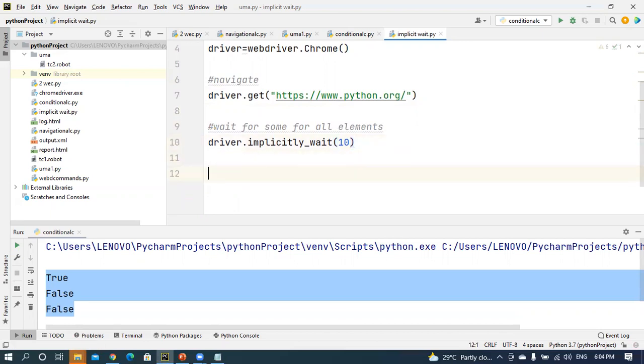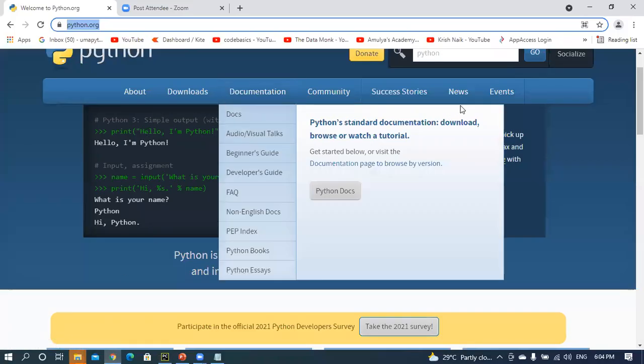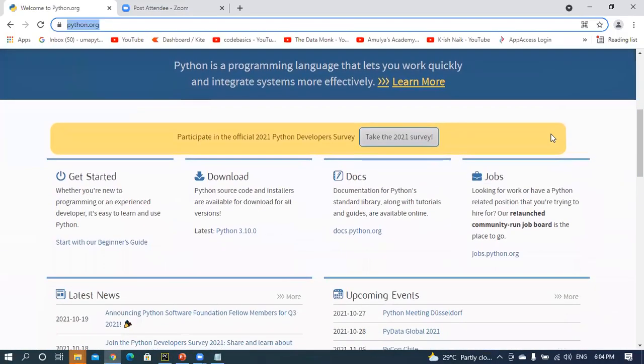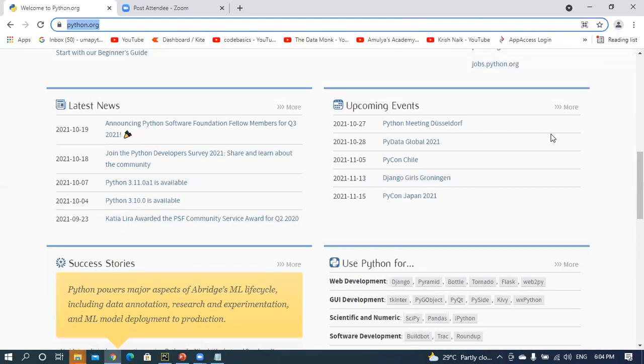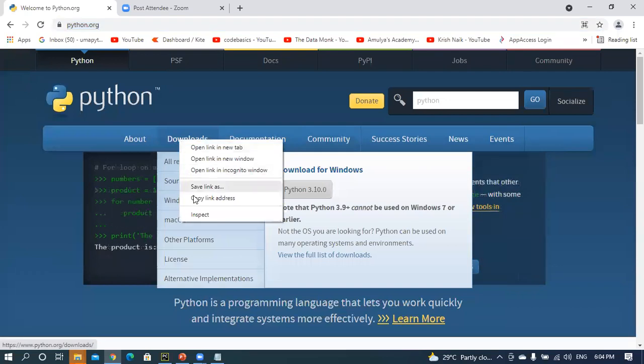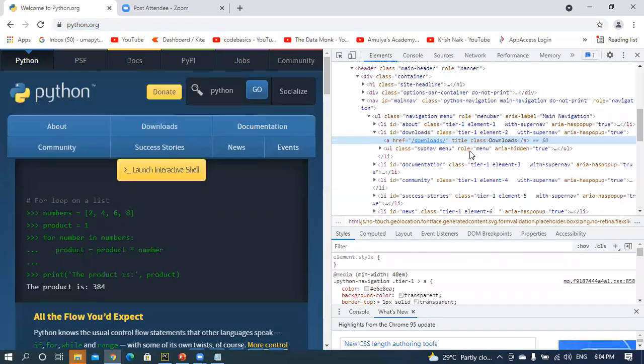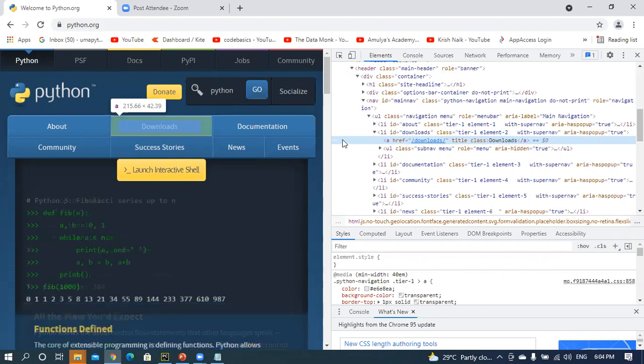Okay, that means the element will load before that. Here, I'm going to find some element. For example, you may take any element, for example this download element. Inspect this particular element. Here, class name is there, title is there, anchor tag is there, but I'm not doing that.